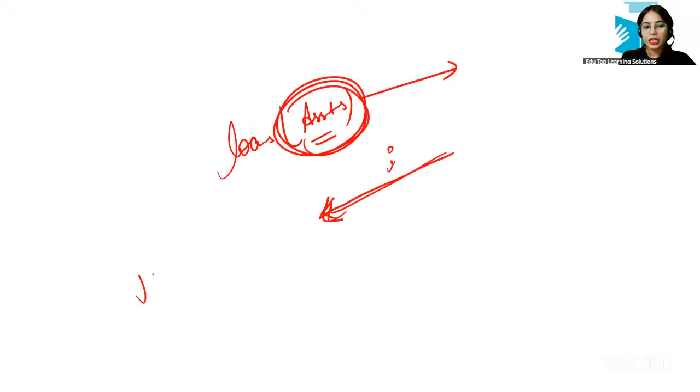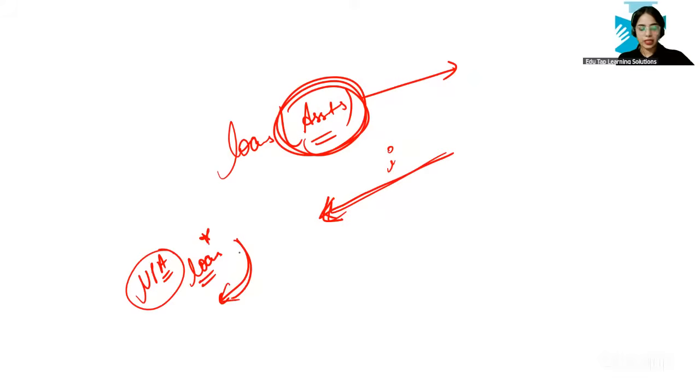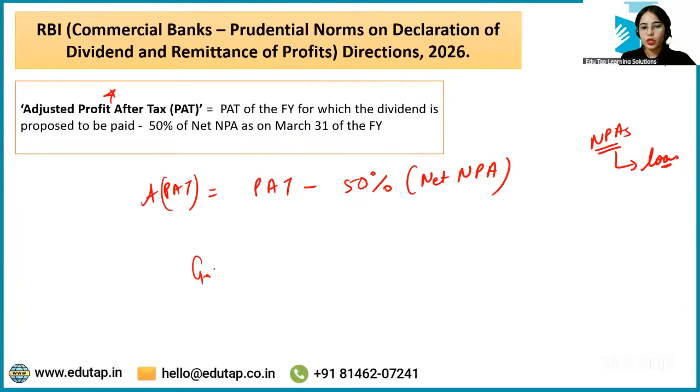Now, non-performing asset basically means those loans that are not being repaid. So if the borrower has defaulted, the borrower is not paying the loan. So the NPA is the non-performing asset: such loans that are not being repaid by the borrower. The borrower has defaulted. So these are the non-performing assets. Now from the gross non-performing asset, that is the total,